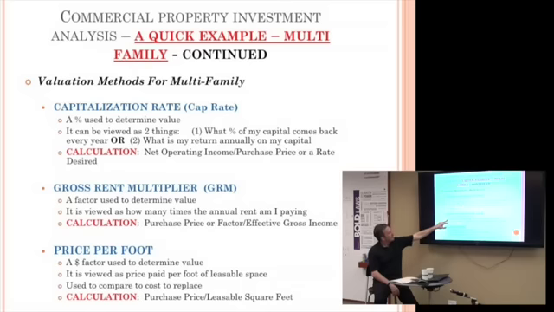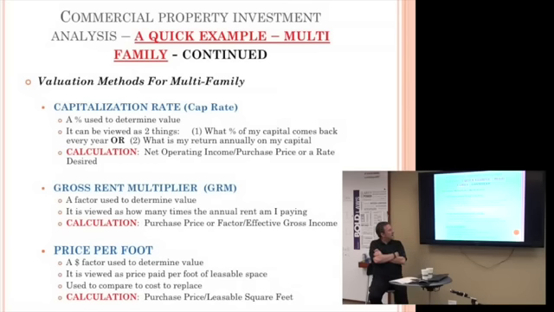But a gross rent multiplier for multifamily essentially says how many times the rent for that 1 year I'm paying in the price. So if the property is $100,000 and I have $10,000 of income every year out of that property, that's a 10 multiple. It's pretty simple math on that one. It's pretty much how long is it going to take for that income to make the value back? Typical multifamily deals, you'll see now because it's hotter than a pistol, range from 10 to 15